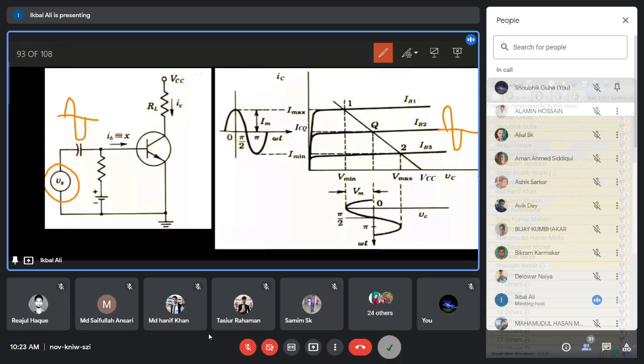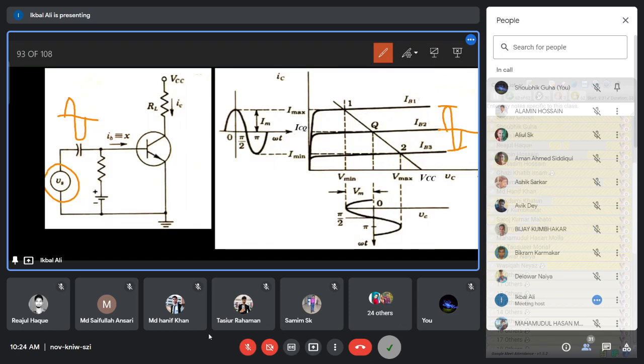Whenever you apply the AC signal, the base current IB2 for the positive half cycle will at maximum go at the peak to this level, which is IB1. And in the negative half cycle, it can reach IB3. So these are the two limits of the AC signal. So IB1 increases to the maximum value IB1, then it decreases to 0, then again reverses its current in the negative direction, that means it decreases to IB3, then again comes to 0.